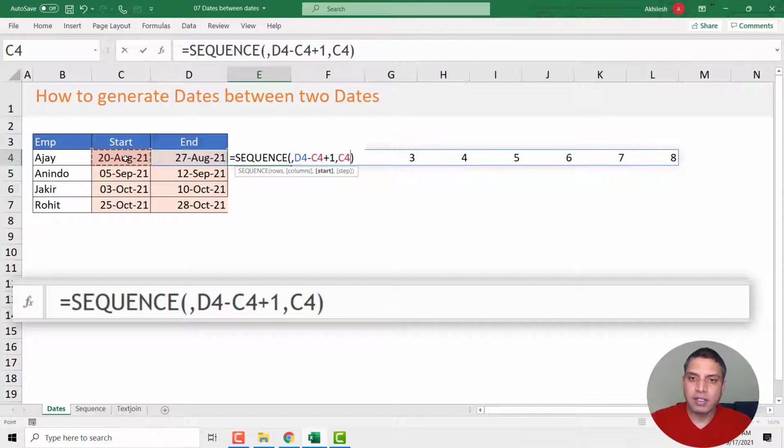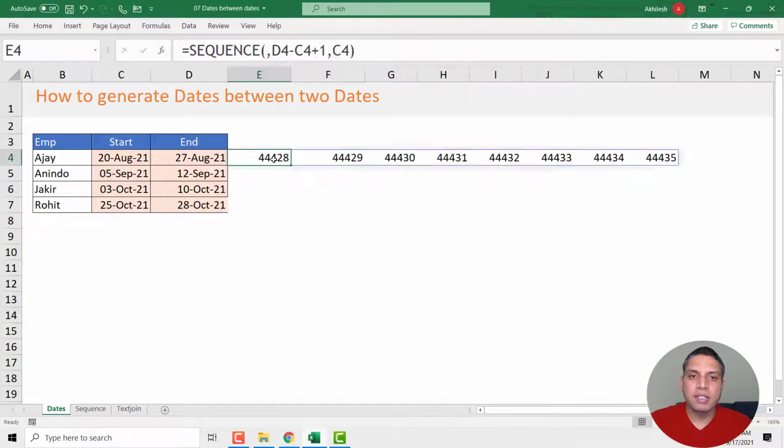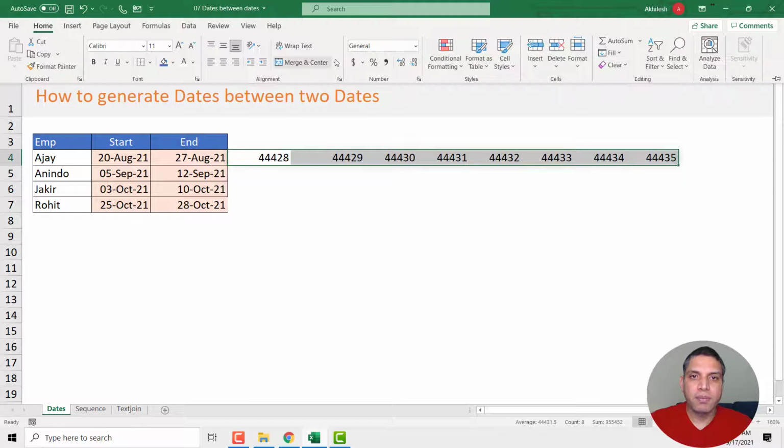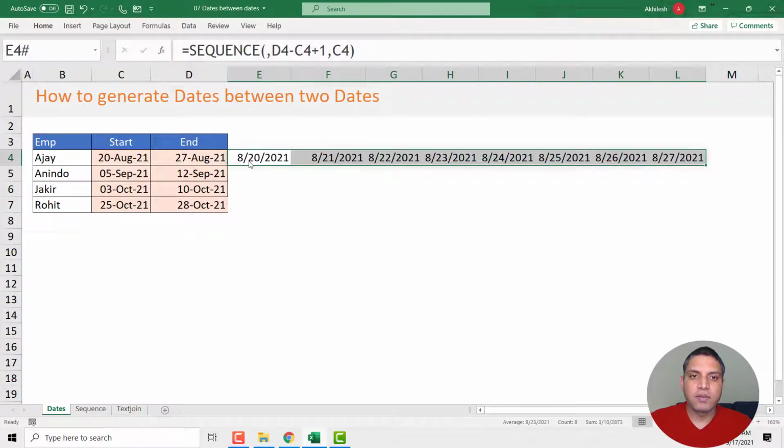When I press enter, you can see I am getting some numbers, and don't worry, these numbers are nothing but dates. If I go to the Home tab and make it a short date, you can see starting from 20th August and it is going up to 27th August. So this is how we can use the sequence function to deliver our dates.